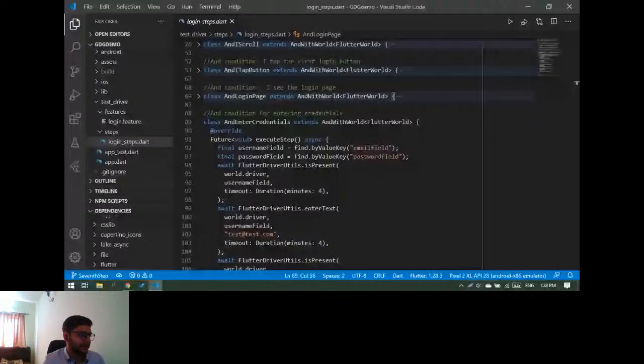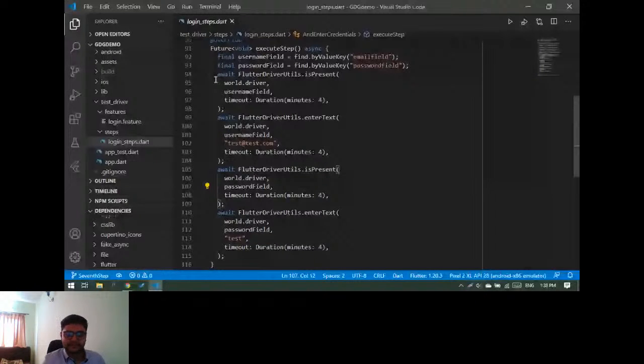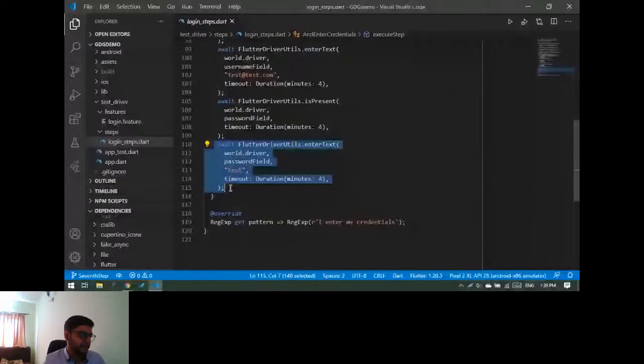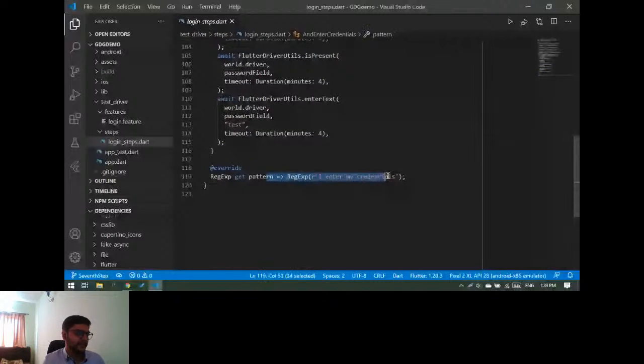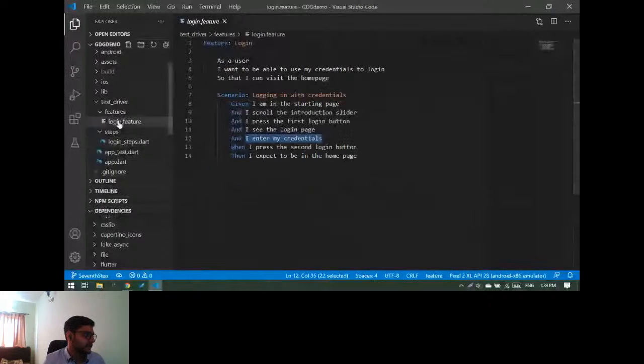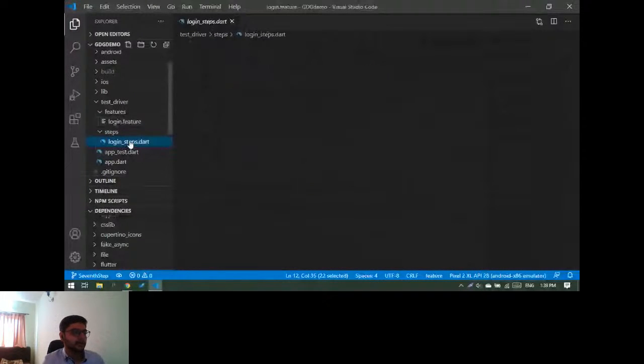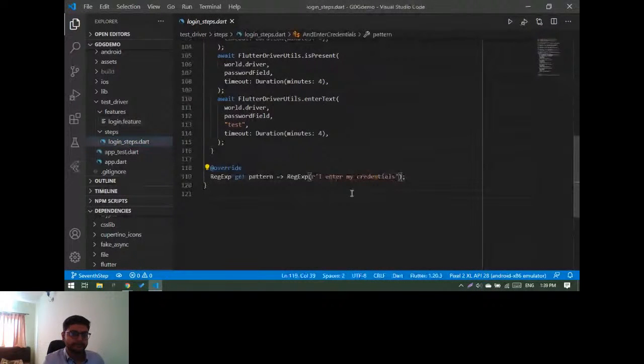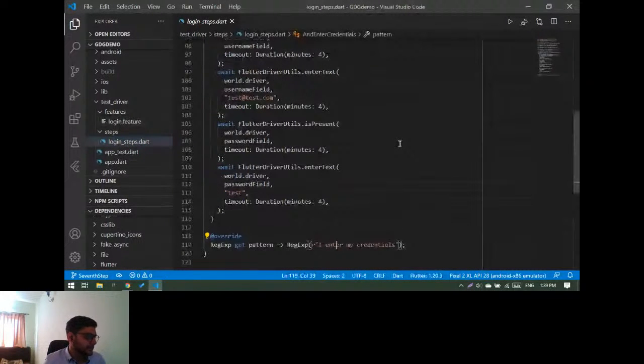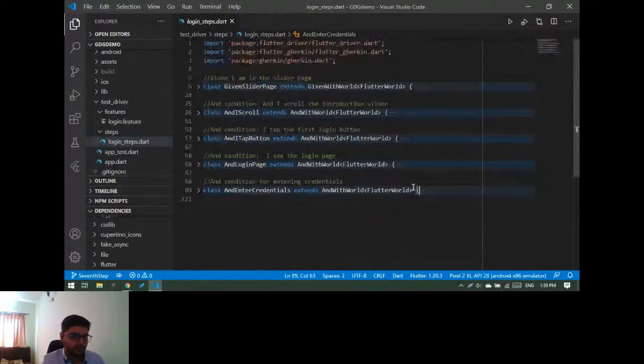त्यसपछि पासवर्डको लागि पनि त्यही गऱ्यौँ। सुरुमा पासवर्डवाला टेक्स्ट फिल्ड छ नि भनेर भेरिफाई गऱ्यौँ, युजर नेमवाला टेक्स्ट फिल्ड छ नि भनेर भेरिफाई गर्ने, त्यसमा युजर नेम इन्टर गर्ने, पासवर्डवाला टेक्स्ट फिल्ड छ नि भनेर भेरिफाई गर्ने, त्यसपछि इन्टर गर्ने। अनि रेगुलर एक्सप्रेसन त भइहाल्यो, लगइन डट फिचरबाट आई इन्टर माई क्रिडेन्सियलसँग म्याच गर्नको लागि आई इन्टर माई क्रिडेन्सियल्स युज गऱ्यौँ। सो यो कपी गर्न त 5-10 मिनटै लाग्छ, सो लेट्स नट फर्दर विथ द्याट। गिट चेकआउट 7th स्टेप युज गर्नला, कोड अलङ कोही गर्दै हुनुहुन्छ भने।